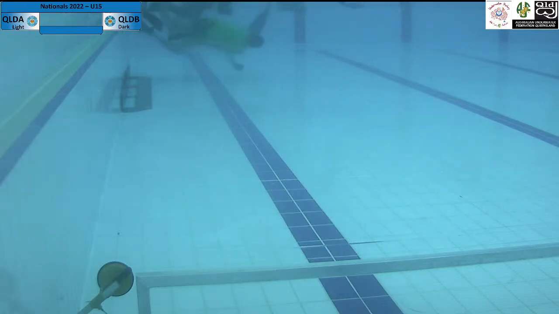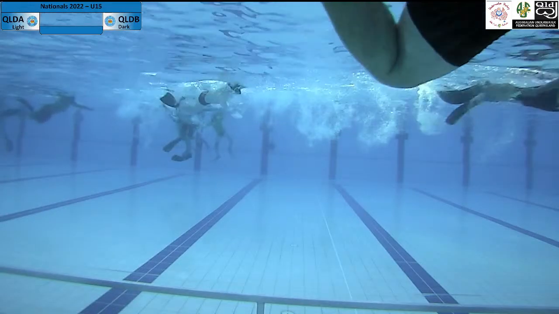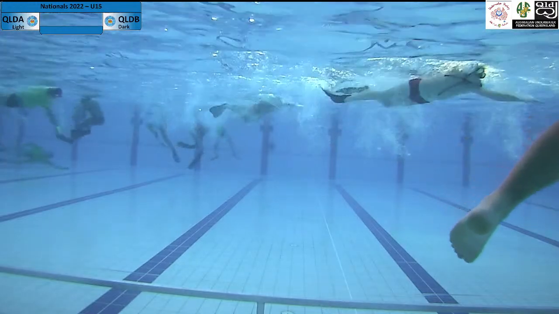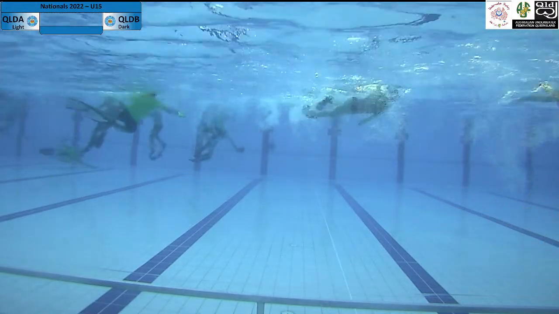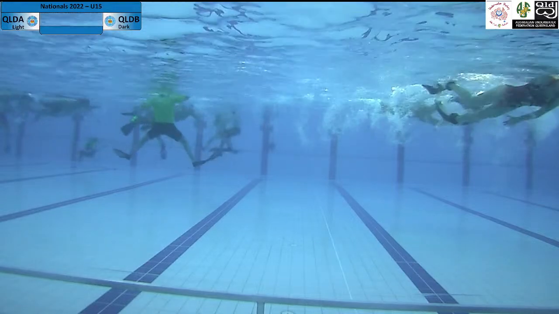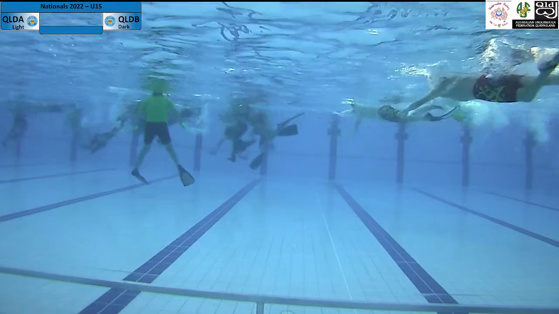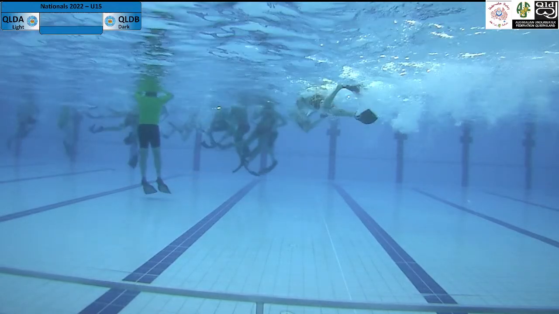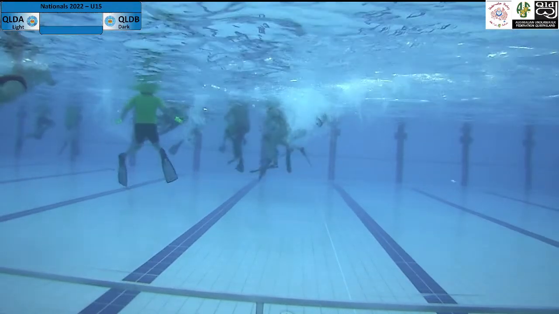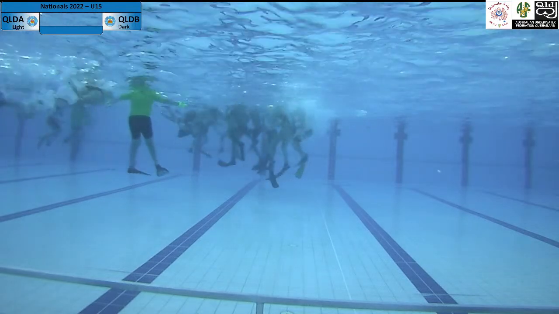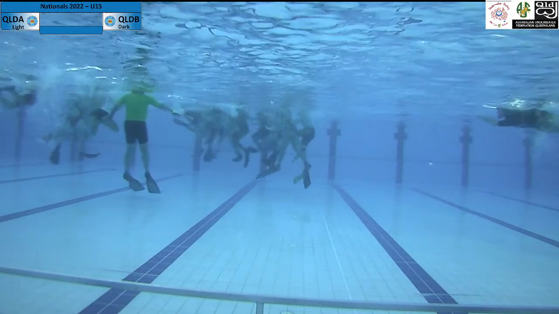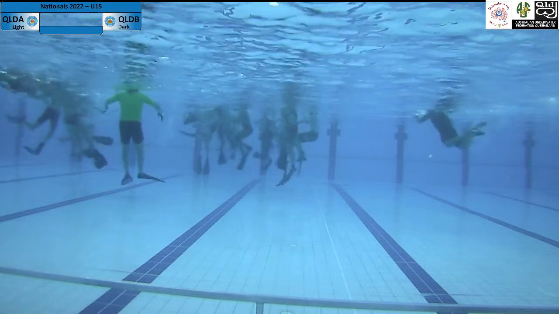Just bear with us in this second quarter as well. Unfortunately, all the other court got all the good cameras and extra cameras. We've got a bit of a blind spot, so we've only got 3 cameras operating on court 2, but there's 4 cameras on court 1. If your kids are in the final tomorrow, it's going to be good cameras. So the winner of this game's going to go into the final tomorrow morning against the winner playing in court 1 at the moment. And we can see that the puck's over on that far wall now.